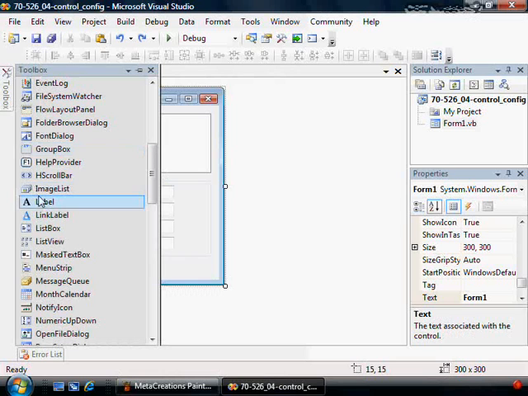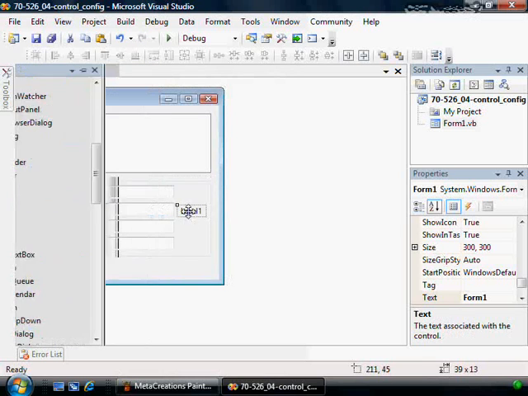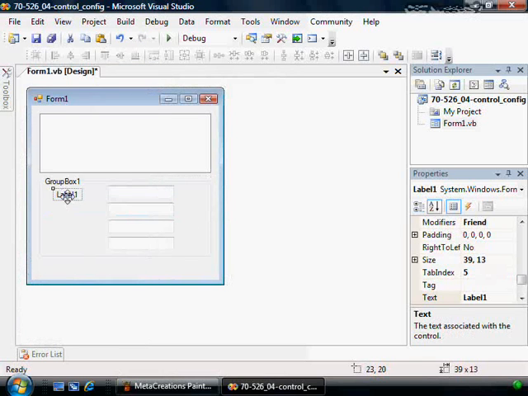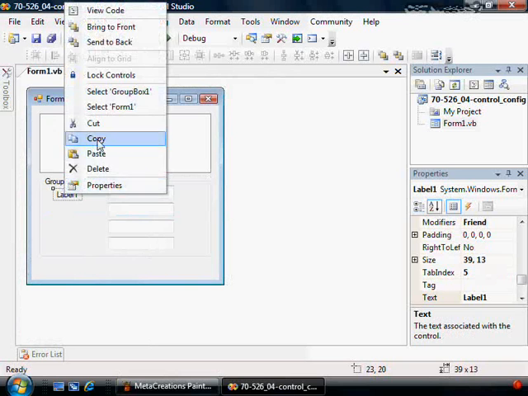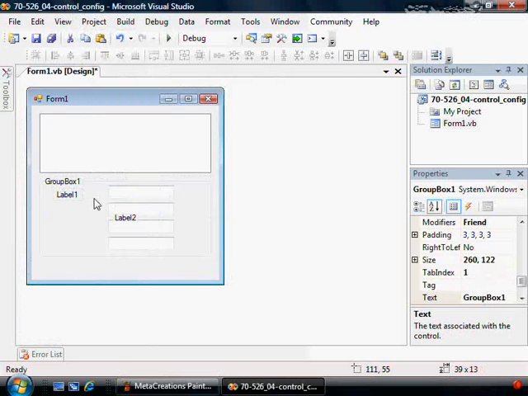Let's go back into our toolbox and drag a label onto the form here. And I'm going to show you another technique for adding controls. If you have similar controls that you need to add a lot of, you can just copy it. I'll right-click and choose copy. And then we can just paste them in here. So there's a paste, there's a paste, there's a paste. And you can see we've got 3 more labels, a total of 4 on here. So copy and paste is a nice little shortcut there, because now we don't have to go to the